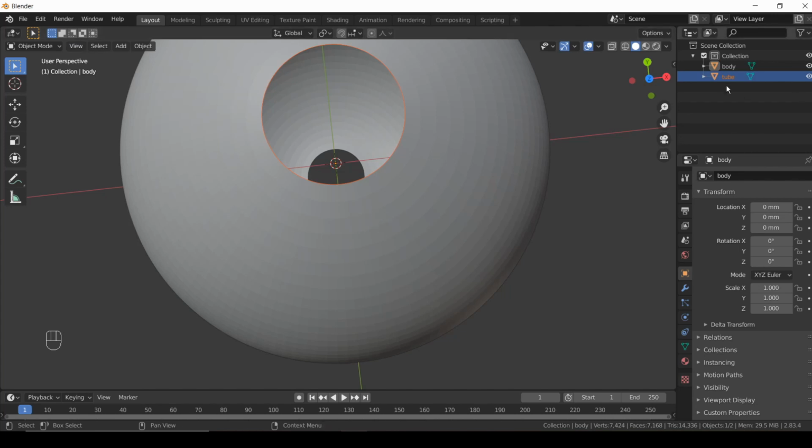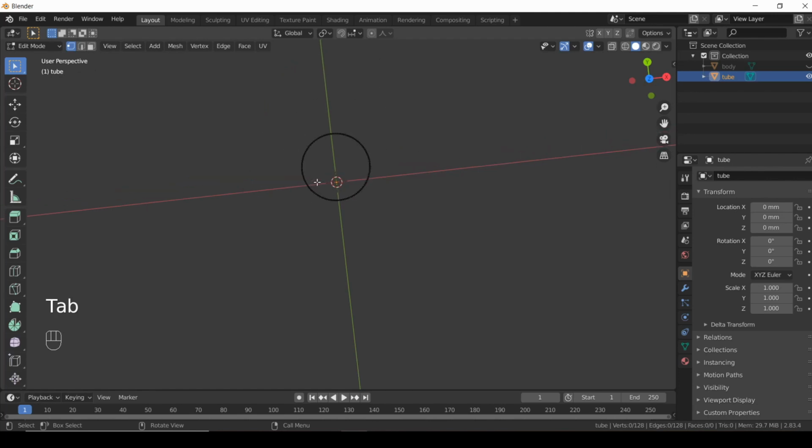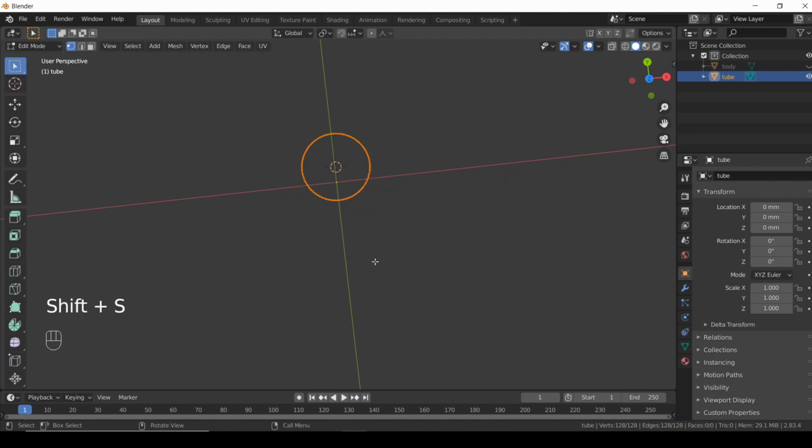The next thing to do is we can go ahead and hide the body. Just click the little eye to hide it. Select this ring here. Hit Tab to go into edit mode. I'm just going to box select it, left mouse button. I'm going to hit Shift S, and I'm going to hit cursor to selected, just like that, just to move